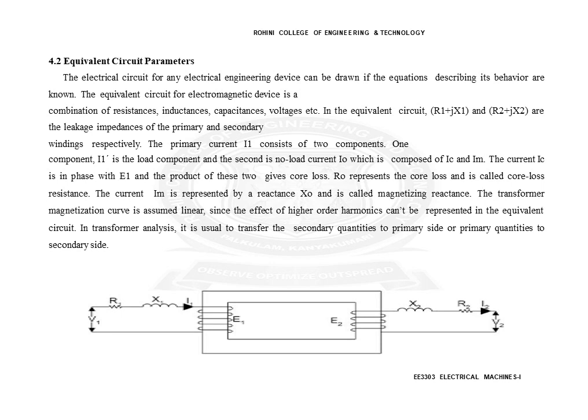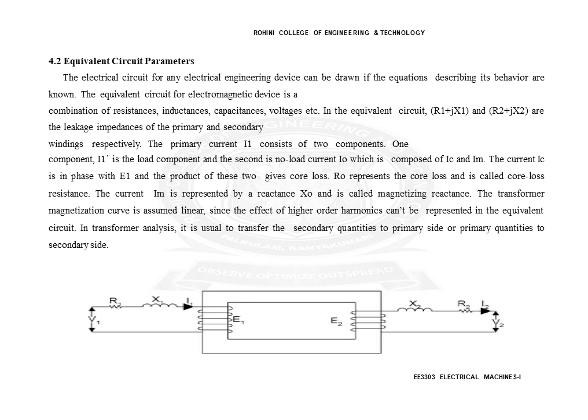So the magnetizing current Im is represented by the reactance X0 and is called magnetizing reactance. And the transformer magnetizing curve is assumed linear, since the effect of higher order harmonics can be represented by the equivalent circuit. In transformer analysis, it is useful to transfer the secondary quantities to the primary side or the primary quantities to the